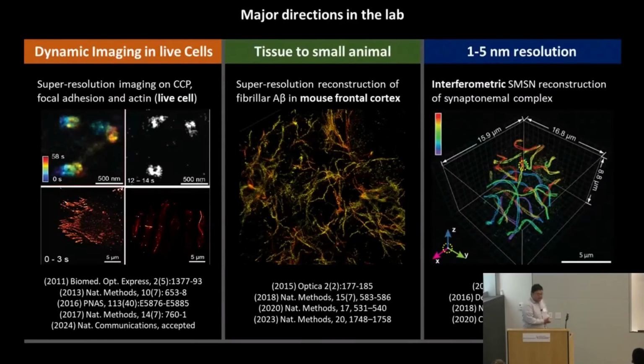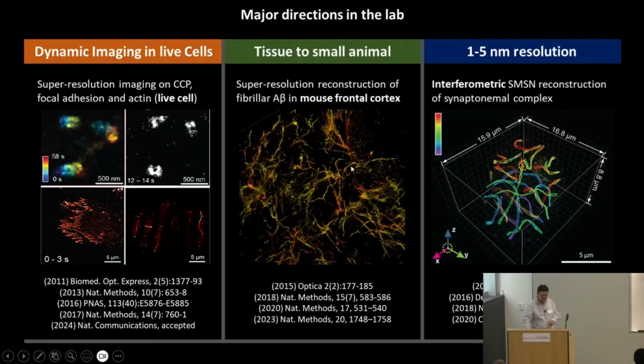My lab works on 3 different general directions, following the wonderful introduction of the super resolution concept and many beautiful images, so I don't have to explain further on that concept. But taking super resolution, we want to make it work in live cells. For example, over here showing clathrin-coated pits clustering and moving during an acquisition of about 1 minute, with a 2-second snapshot where you can see this ring-like structure, a 3-second snapshot of focal adhesion, and also these are the actin patches for